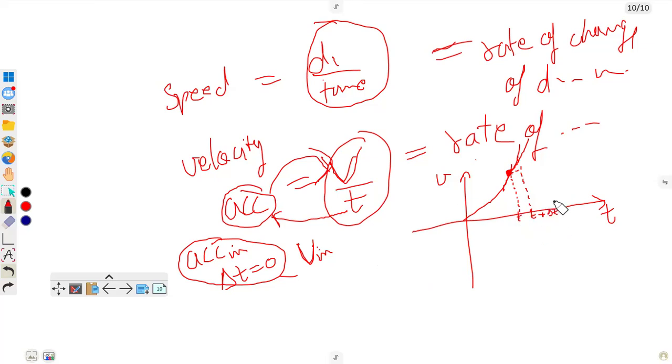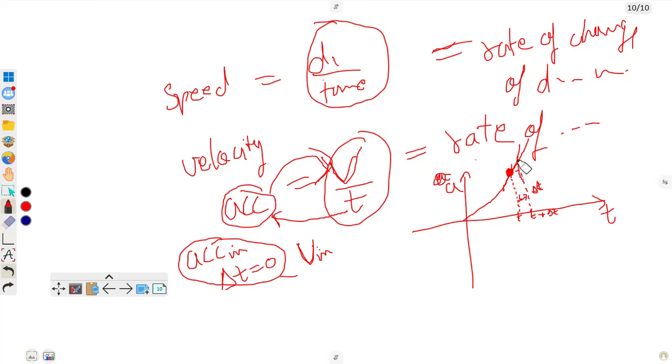So we follow a similar method. This tiny nudge is delta t, and the velocity at this moment. Okay, we were given the acceleration and we wanted to find the velocity, my bad. Acceleration was given, velocity we need to find out. How do you find out the velocity? Yes. So we talk about this tiny nudge delta t, and what we do is